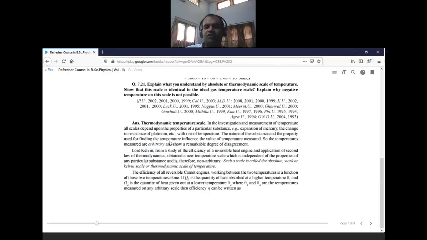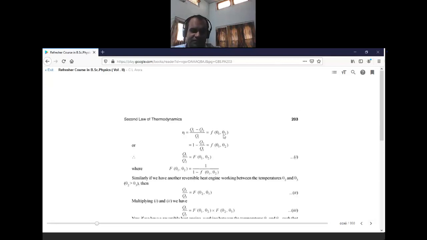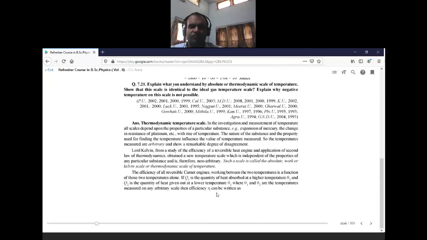The efficiency of all reversible Carnot engines working between two temperatures is a function of two temperatures. If Q1 is the quantity of heat absorbed at a high temperature theta 1 and Q2 is the quantity of heat given at a low temperature theta 2, where theta 1 and theta 2 are the temperatures measured on an arbitrary scale, then the efficiency can be written like this. We have already learned this from the concept of heat engine and also from